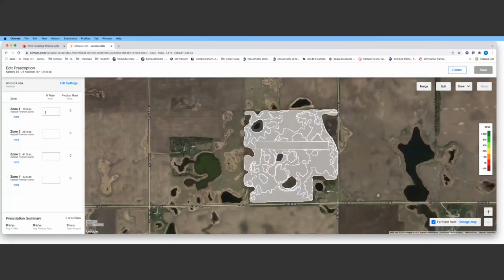So you can see here, this is what I was talking about on that prior screen. This is our actual rate of N. If we wanted to put down 45 pounds of N, this is how much product we would need when we selected urea in that prior screen. If we were to go back